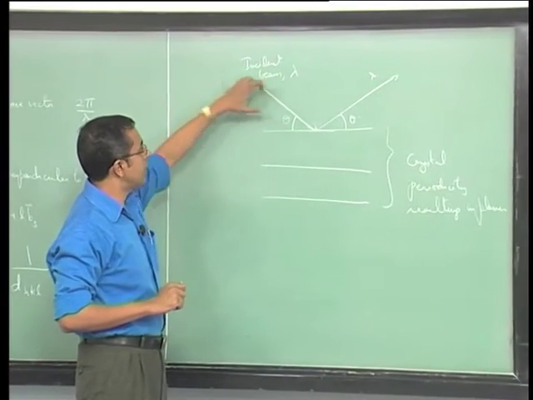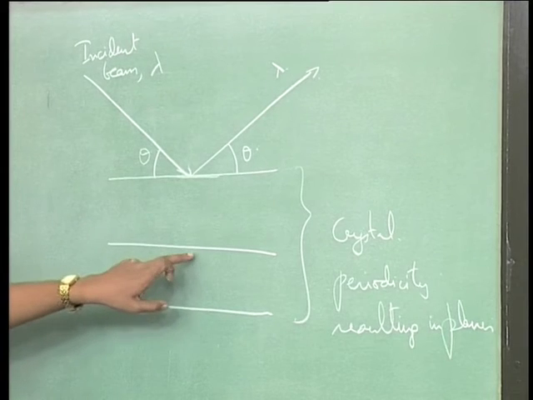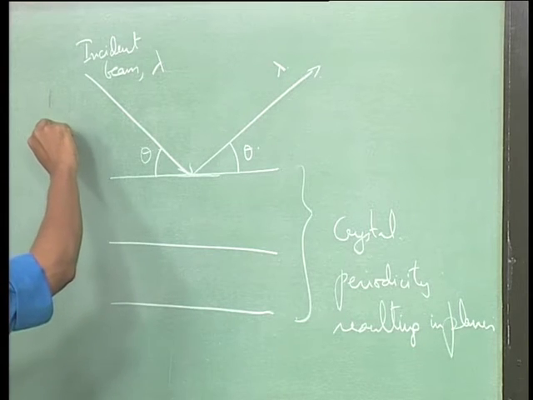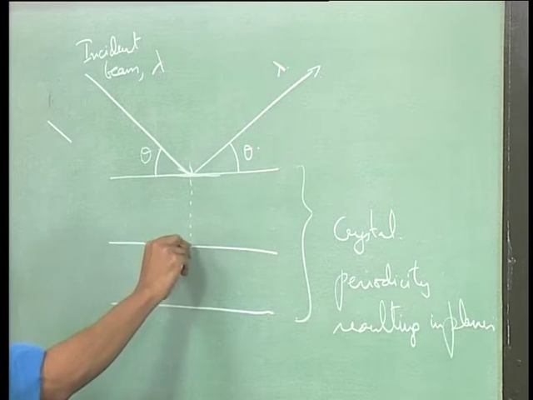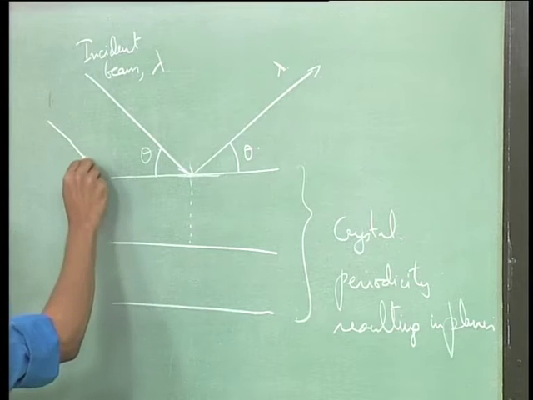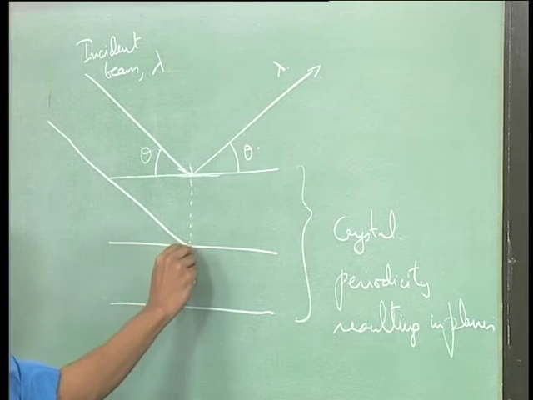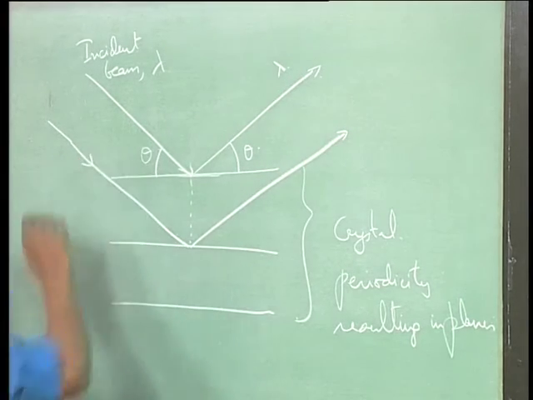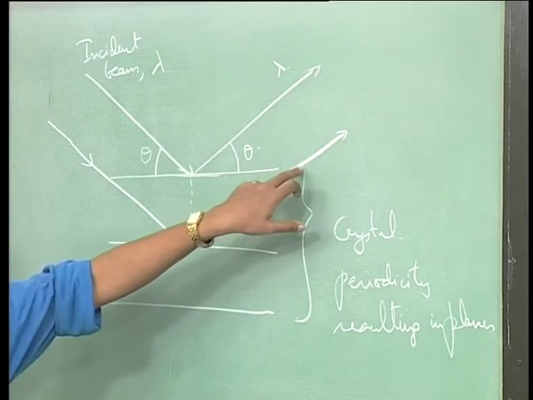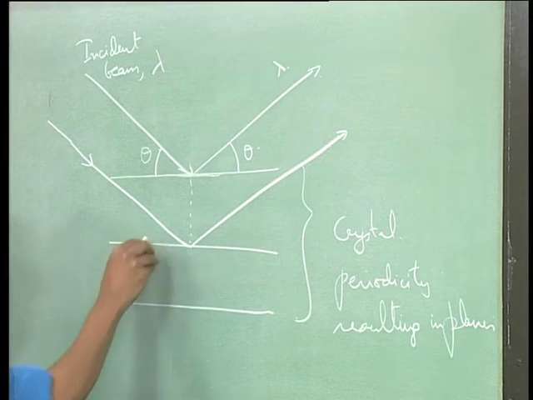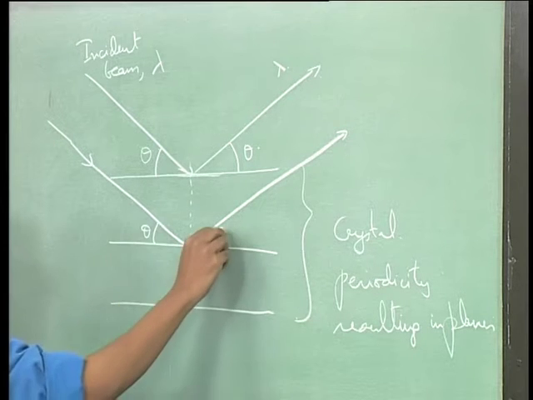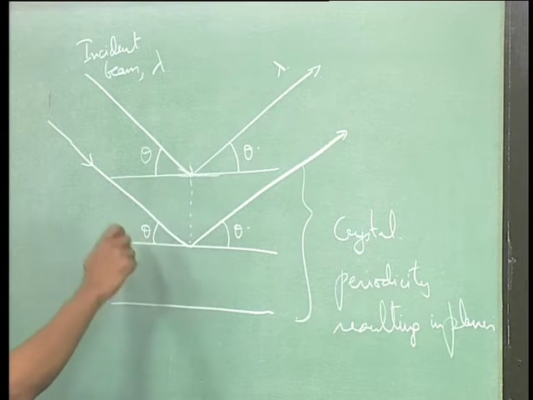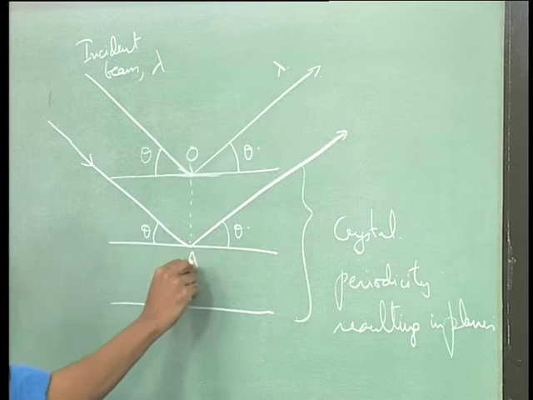We have said that this is a beam, so there is an adjacent wave also coming in, which will perhaps interact with this second layer and come out. So we will look at a similar wave which comes down here. So this is again an incident wave and this is a diffracted wave, and again these angles are still theta. Now this spacing between this point and this point, we will say this is O, this is A. So OA